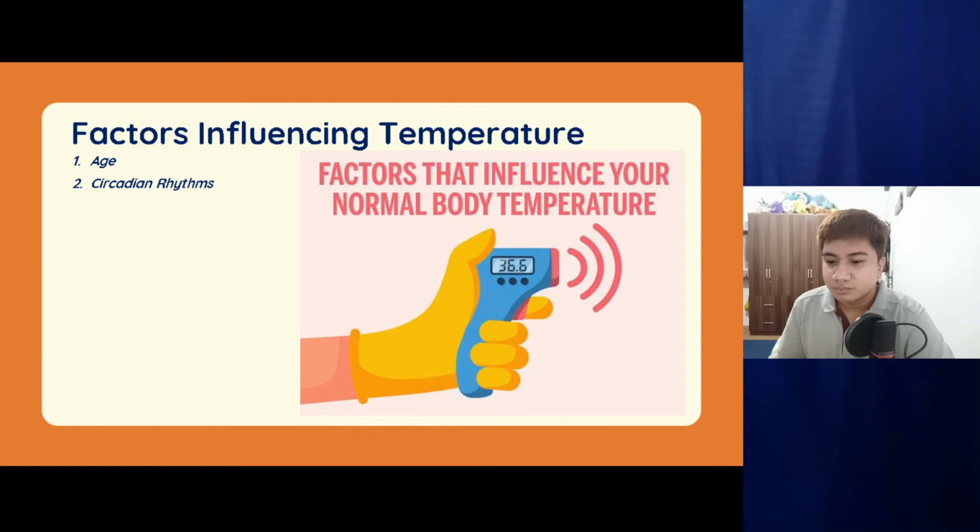We also have your sex and your hormone levels, especially for the girls during menstruation. Okay? So what can you notice? There are hot flushes, where the body feels hot. It's because of the imbalance in your estrogen and progesterone levels during the menstrual phases or the menstruation itself. Okay? Next,